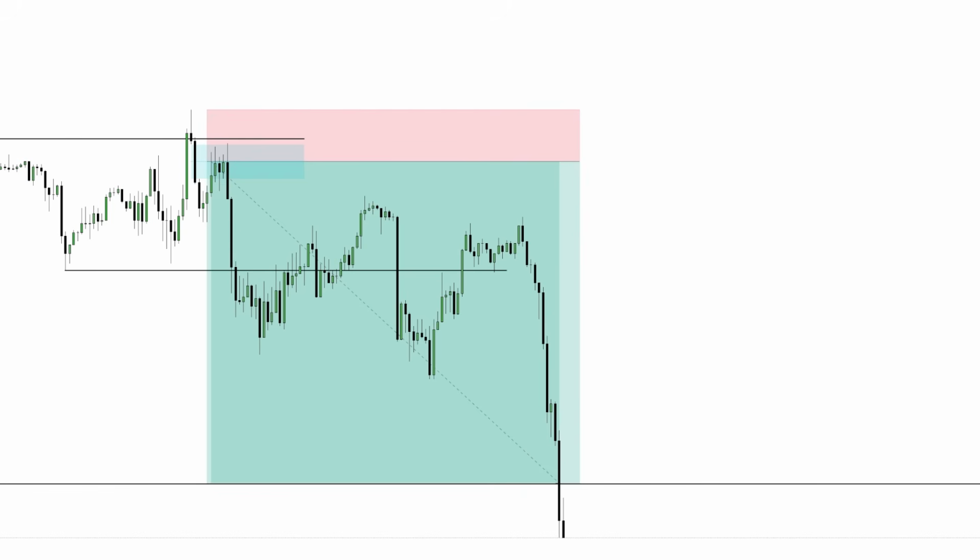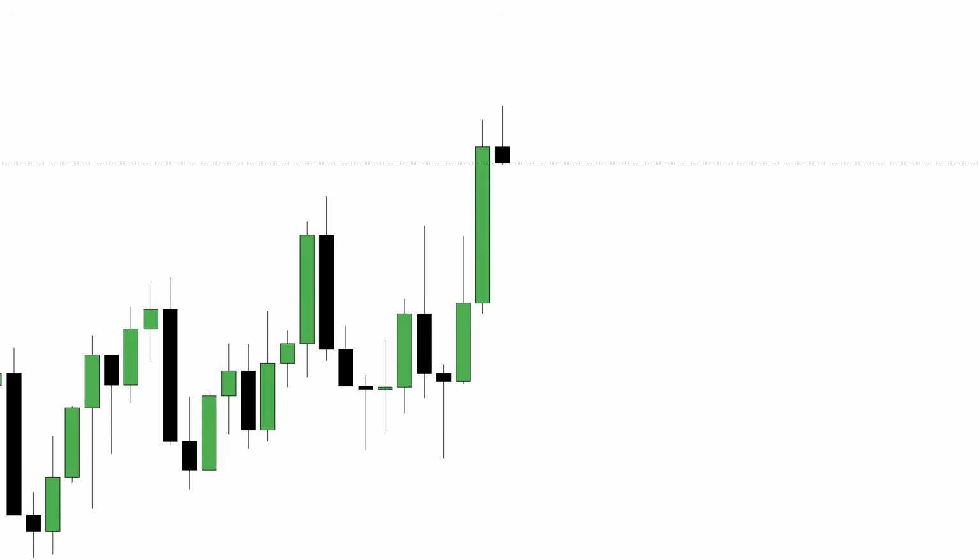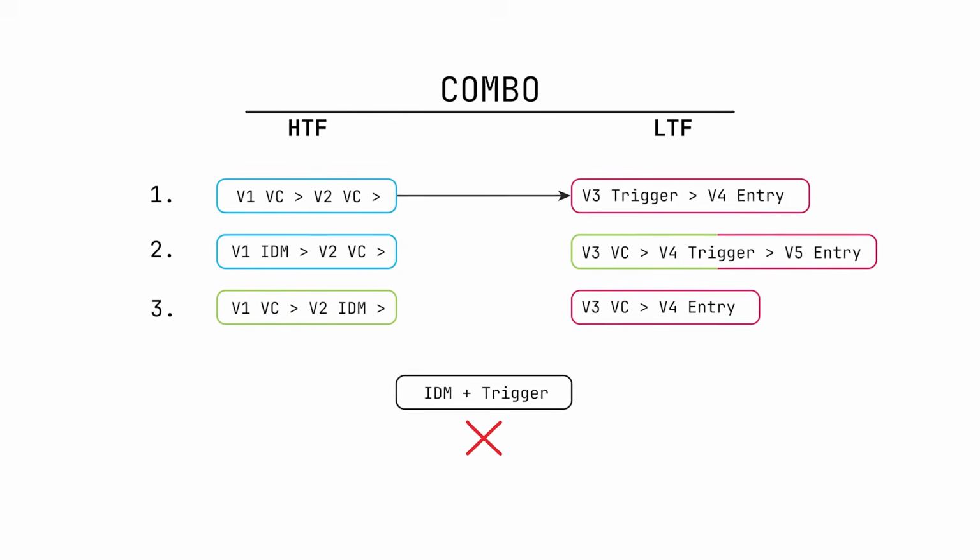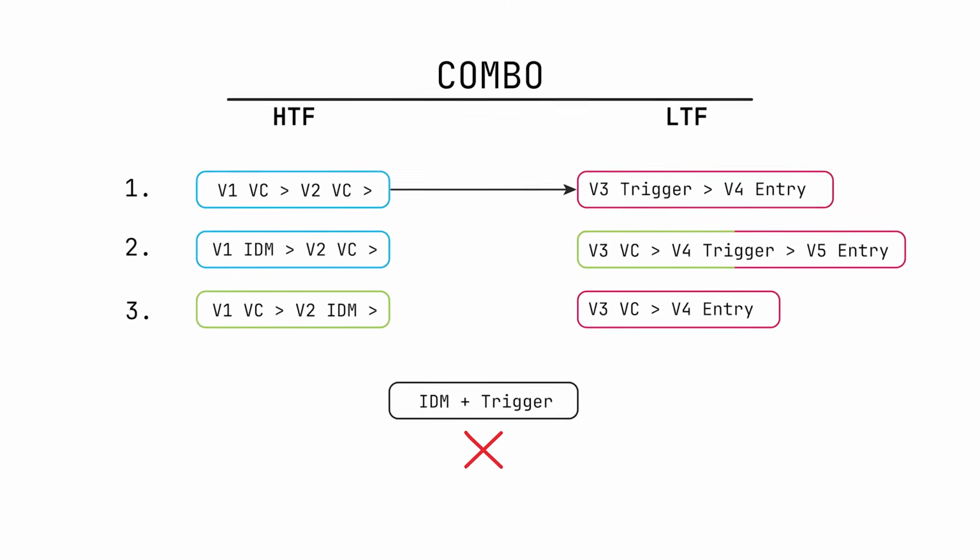Thus, even the nearest fractal low on the 4-hour time frame can reverse the price direction, causing us to hit a stop loss. Second example. We repeat the same algorithm of actions. First, we need to establish the logical element on the HTF. V1 volume confirmation should be greater than V2 volume confirmation.